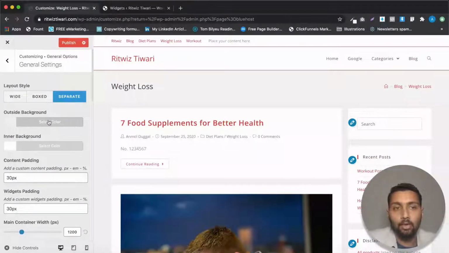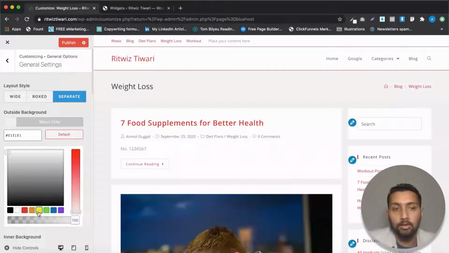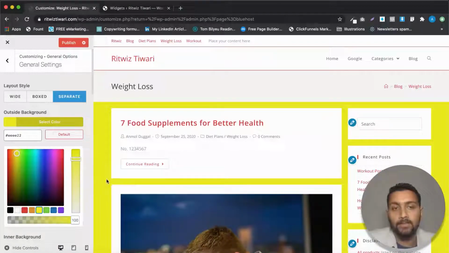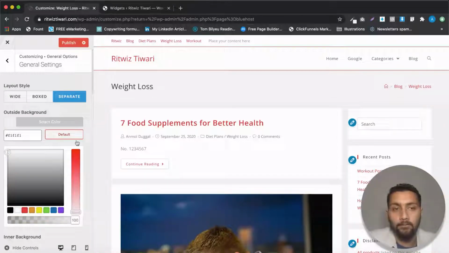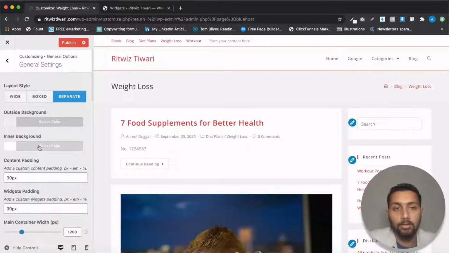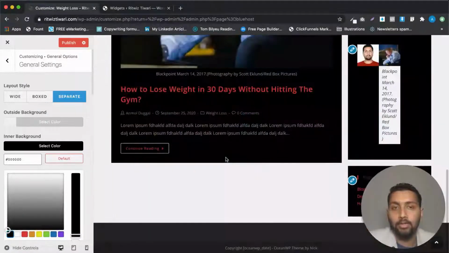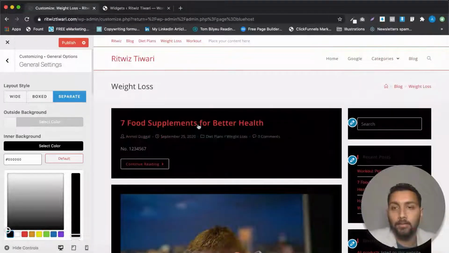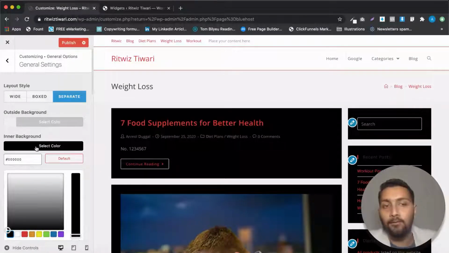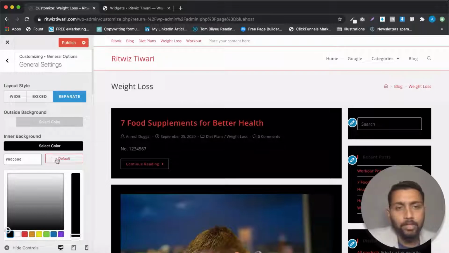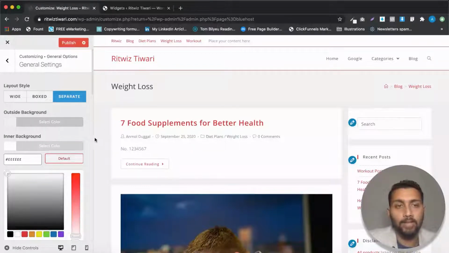Now you can see that the outer background color is a grayish color and the inner background color is a whitish color, right? So if I change the outer background color to something yellow, you can see the prominent difference now, right? Or maybe we can just keep it to a default color, that is F1, and change the internal background color. So we can do that as well. And the internal background color can be set to black, right? So now it's totally up to you how you want to design your website, right? So now you can see how many customizations you can do with the OceanWP theme. Okay. So let's just keep it to default. It's looking good as it is.